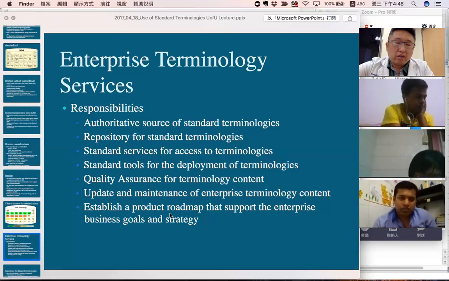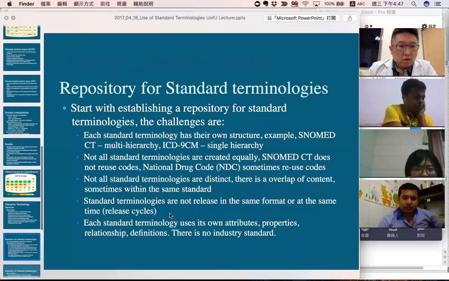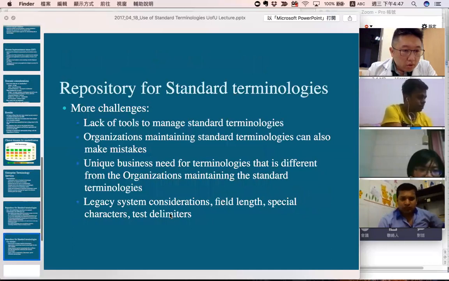So for my CDC LOINC mapping experience, we try to write a paper. We try to provide a roadmap. If you are nationwide and multi-institution adopting a standard terminology, how you adopt it, how to ease the steps, and how you maintain it. So that is a roadmap we think is worth sharing with people.